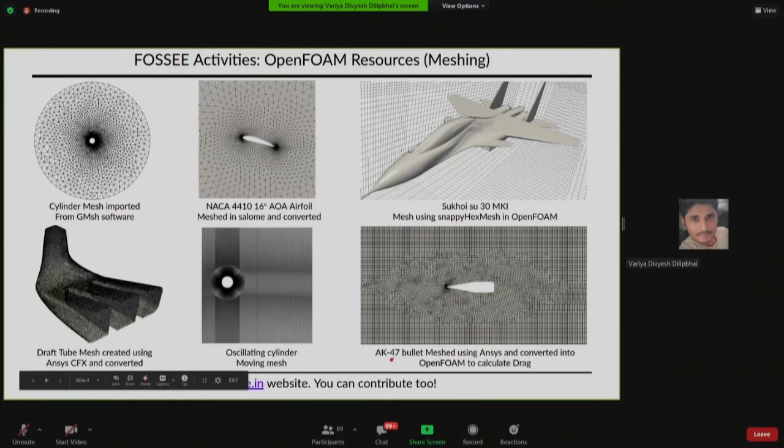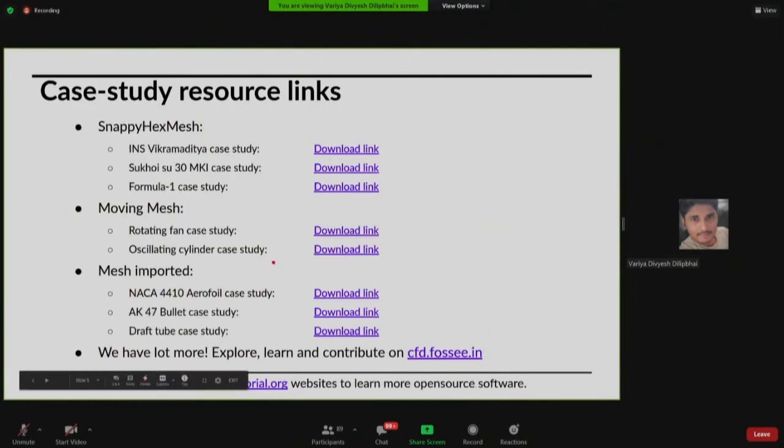Other than that, I have the AK-47. This 2D mesh is imported from ANSYS, and the case study explains how you can calculate drag over the bullet of this AK-47. All these case studies are available on the cfd.fossee.in website. You can also contribute to those case studies. I have a few more examples explained here,